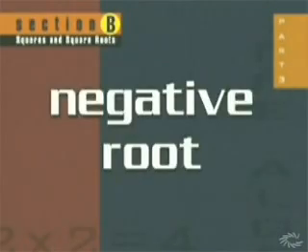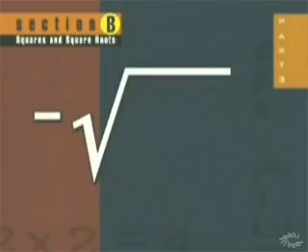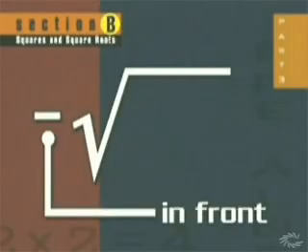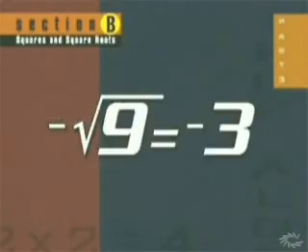Easy, right? Now, if we want the negative root of a number, we'll see it written like this, with the negative sign in front of the radical. Not under the radical, but in front of it. This means we want the negative square